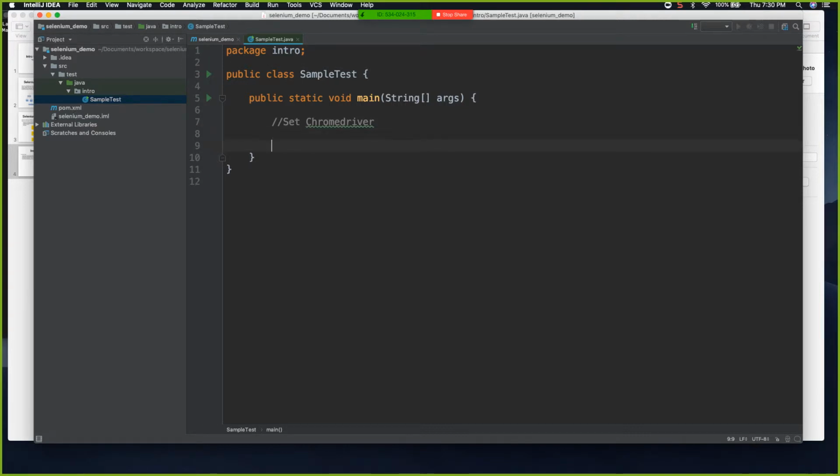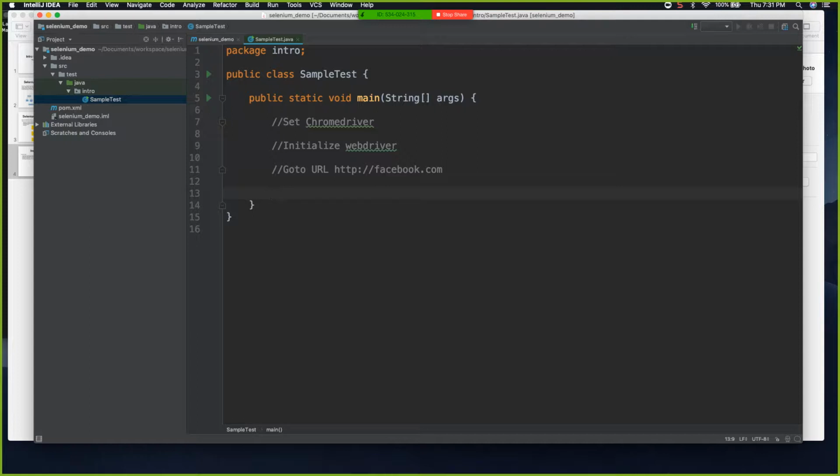And then web driver. And then go to URL http facebook.com,